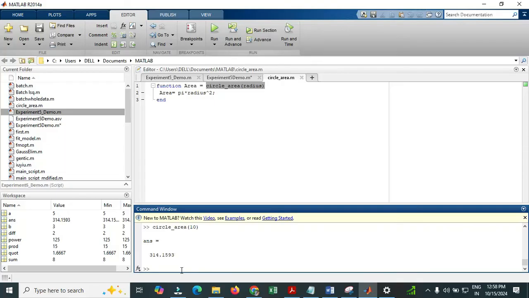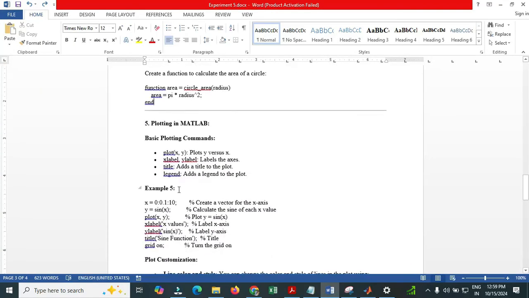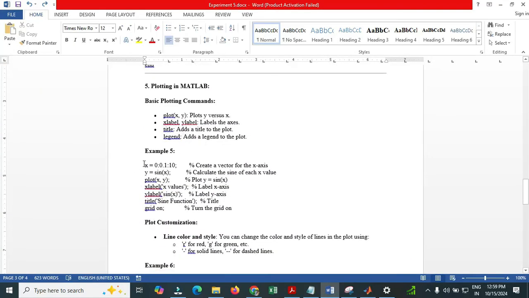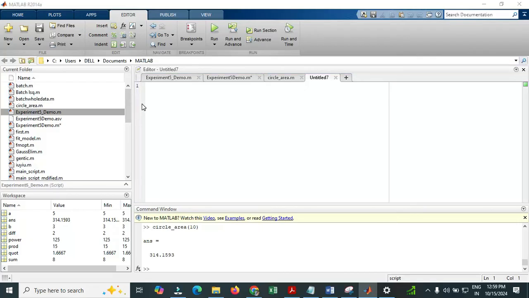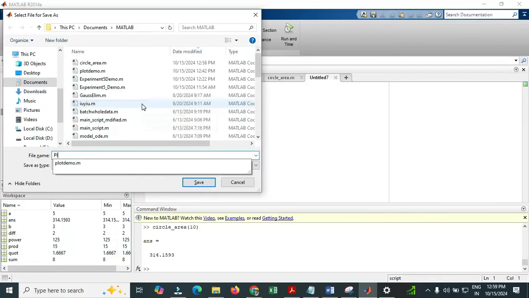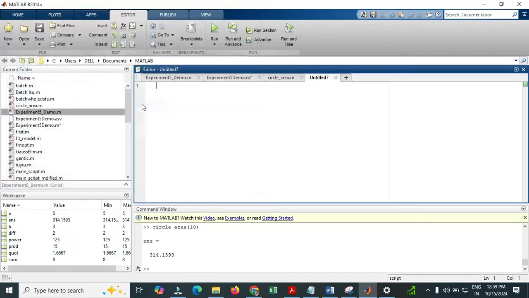This way we can create the user defined function in MATLAB. Now let us see how to plot some vectors in MATLAB. For that, let me take a function. I'll execute one by one. Create a new function and let me save it as plotting demo. Now I've pasted the values x comma y, but the new thing I have done here,